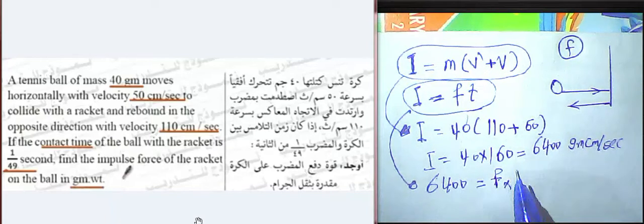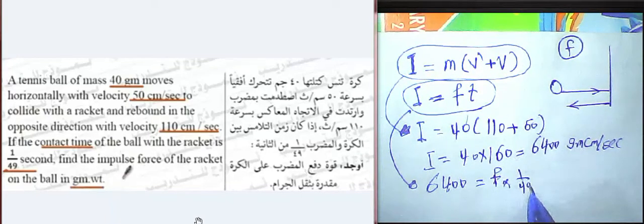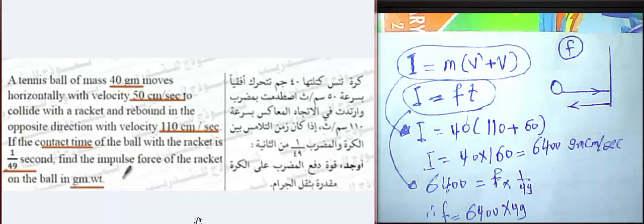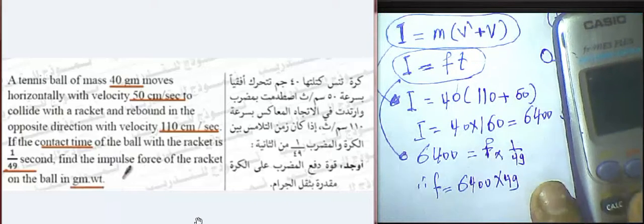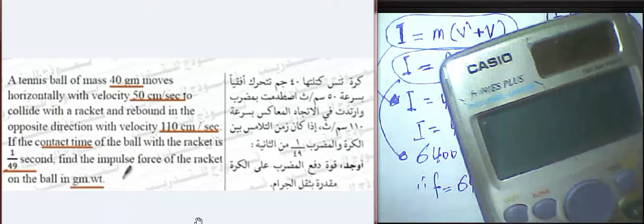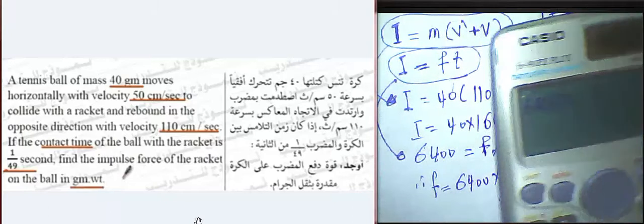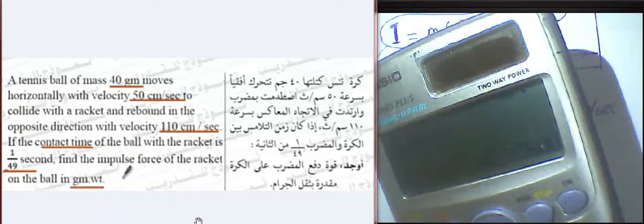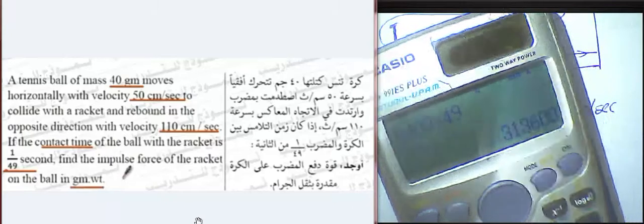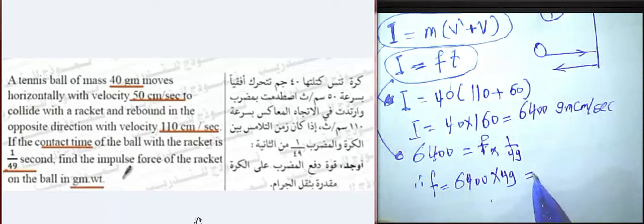The time was 1 over 49 seconds. Then the force will be 6,400 multiplied by 49, but the result will be in dyne. He wants to find the result in gram weight, and for the result you must divide it by 980. 6,400 multiplied by 49, then the result will be here in dyne, okay. We can write the result as